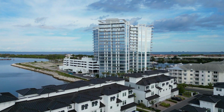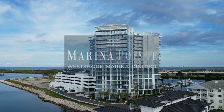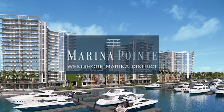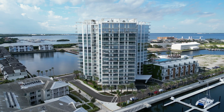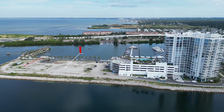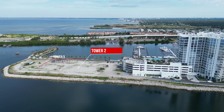Right behind me is one of Tampa Bay's coolest new construction projects, and that would be Marina Pointe. It's 3 high-end luxury towers right in the deep waters of Tampa Bay. Tower 1 is already complete. Tower 2 is currently available for pre-construction sales, and Tower 3 we're expecting to come to market later this year,